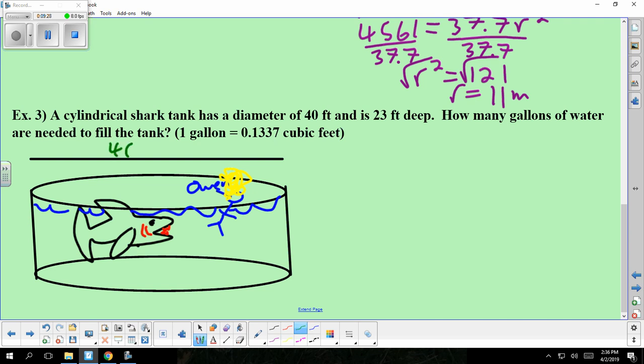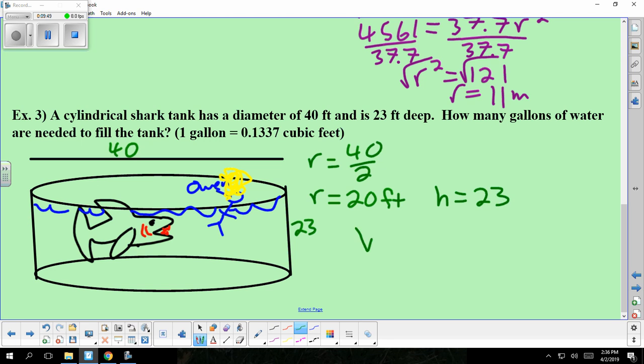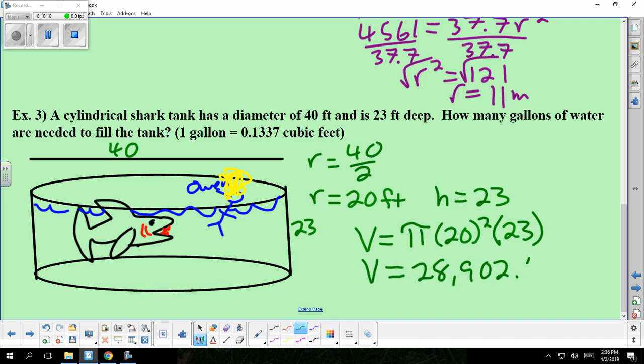So the radius of this is going to be 40 divided by 2. The radius is 20 feet. And then we're also given the height of the water in here. This over here is 23 feet deep. Can I come up with the volume? Sure. Pi times 20 squared times 23. So I get a volume of 28,902.65